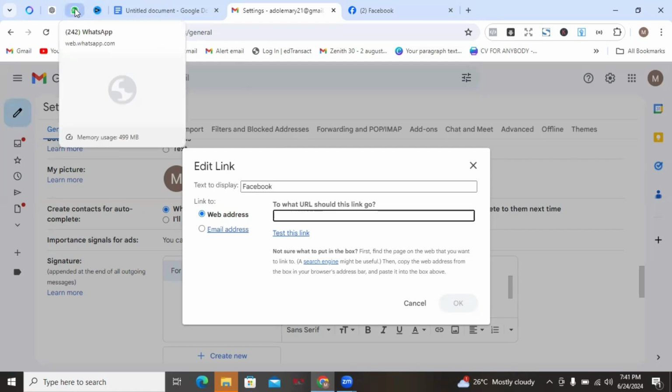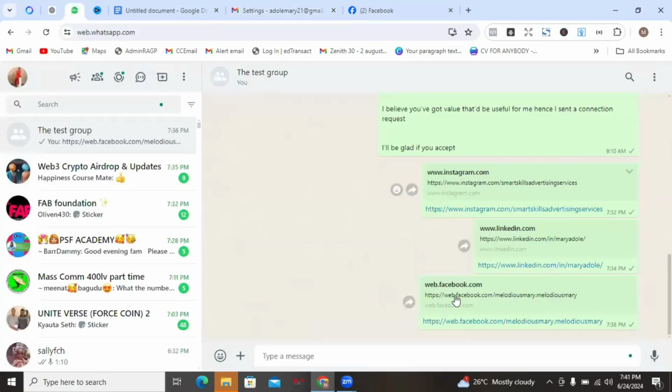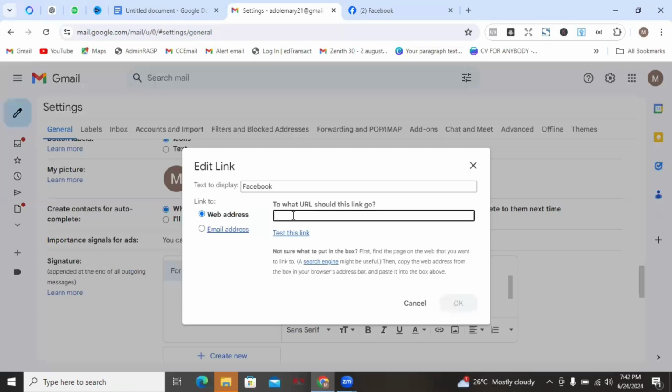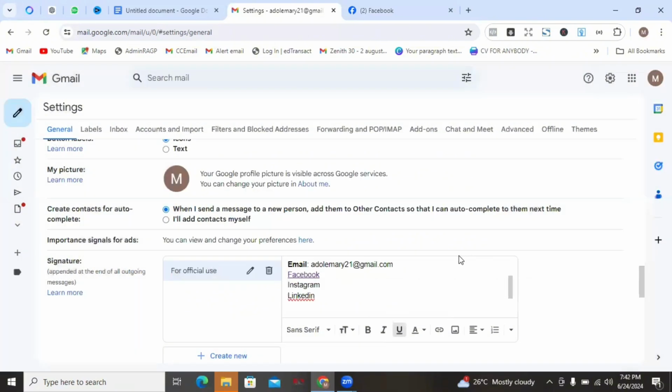So what I'm just going to do is to copy the URL from where I already pasted it. So I already have the Facebook copied out. So I'll just copy it, and then I'll come back to the settings, and then I'll paste it in here. Then I'll click on OK. So you'd see that it's going to be highlighted in blue. All right. So you can see it's highlighted now. So I'll do the same thing for